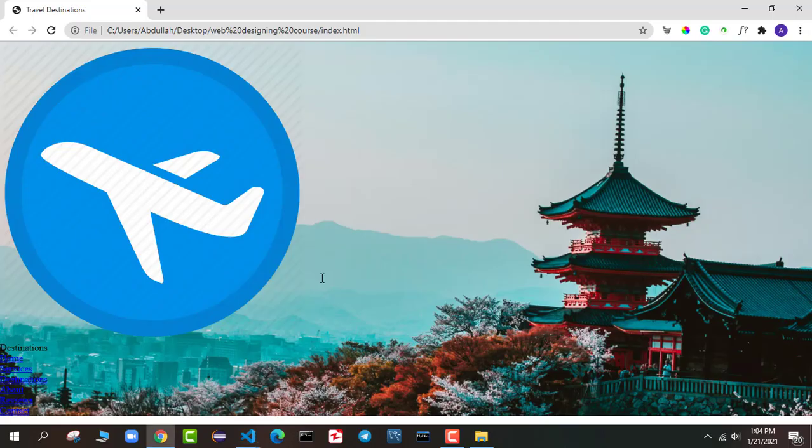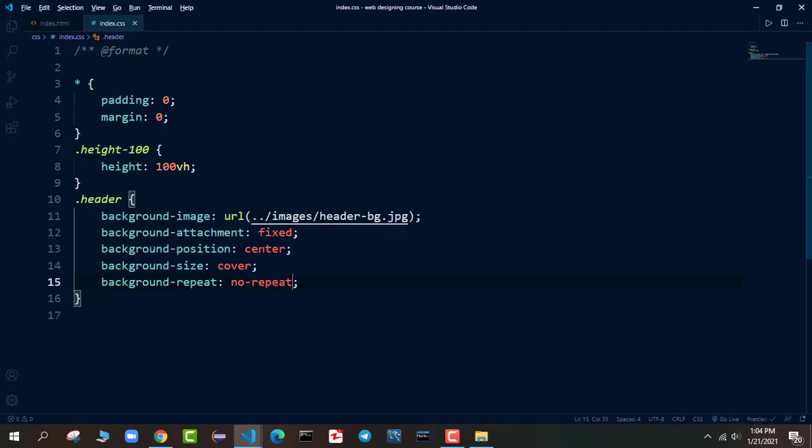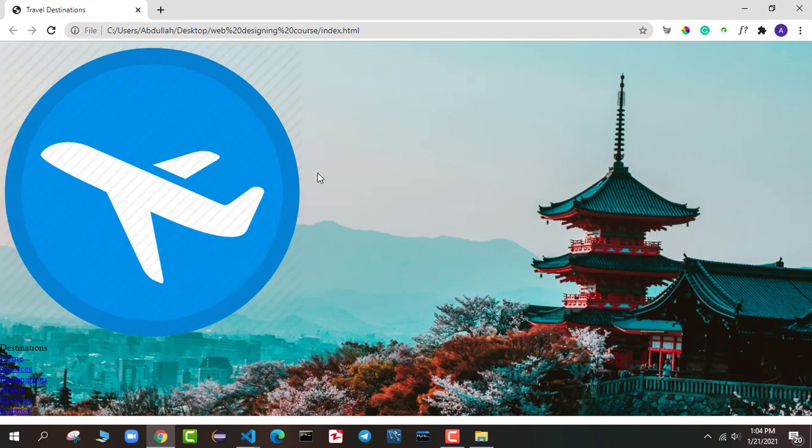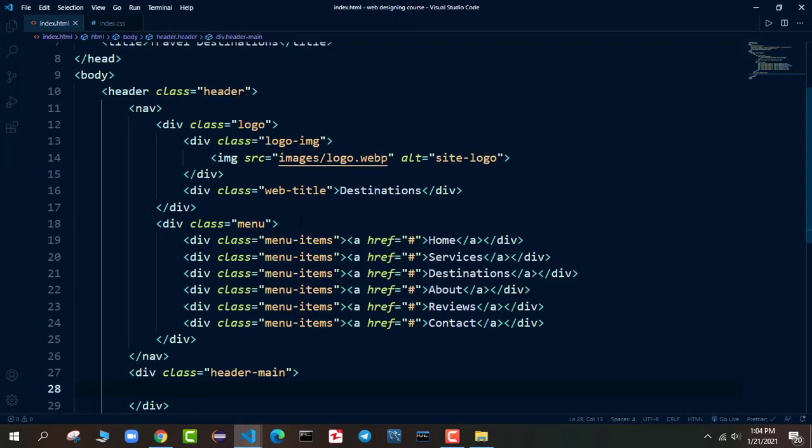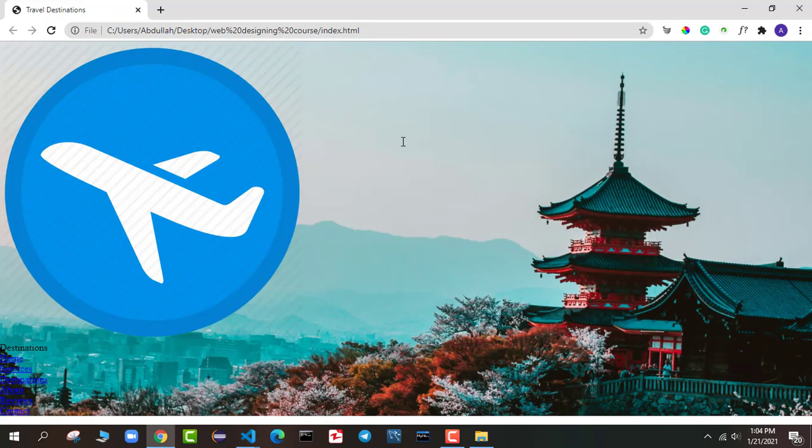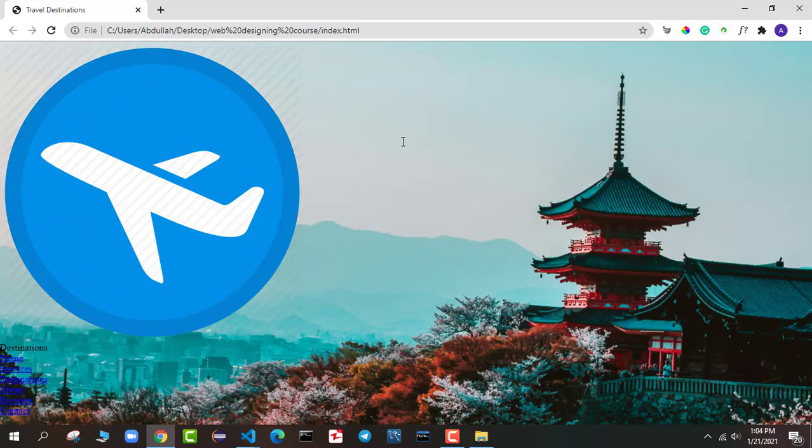So we don't want the image to repeat on a big screen. So we'll say background no repeat, and we want to provide 100 view height to this particular container. So I will go in the header class, and in the header I will say height 100. So if I go back and refresh it, you can see it will cover the full view height. So this is called 100 view height.